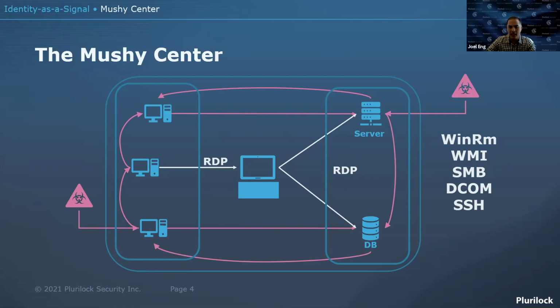Now, if we can't outright block this stuff, which again is a very difficult thing to do without breaking your environment, we want to be able to detect this type of lateral movement and be able to say that this is malicious. So what we're going to do next is walk through some rule building exercises. We're going to start by determining what lateral movement really looks like, what type of artifacts it leaves behind, and then what kind of false positives we would run into if we built rules to detect this type